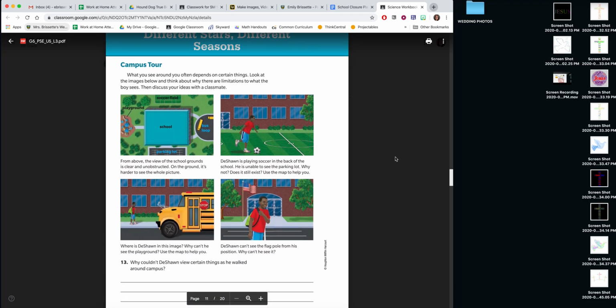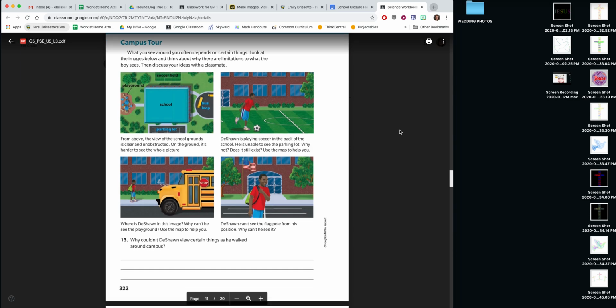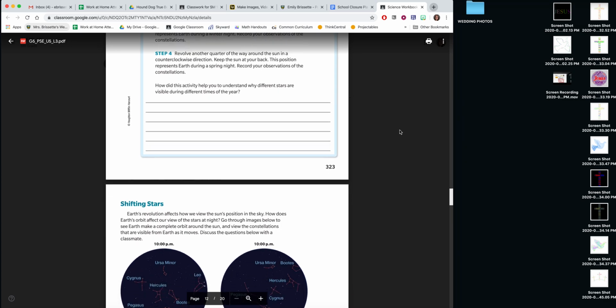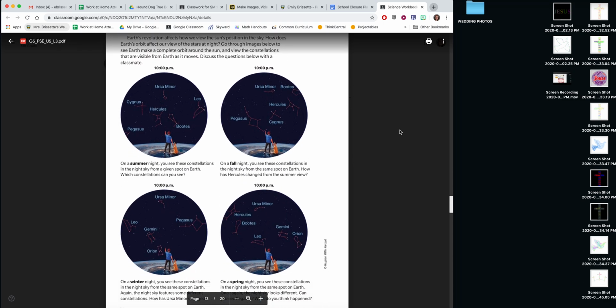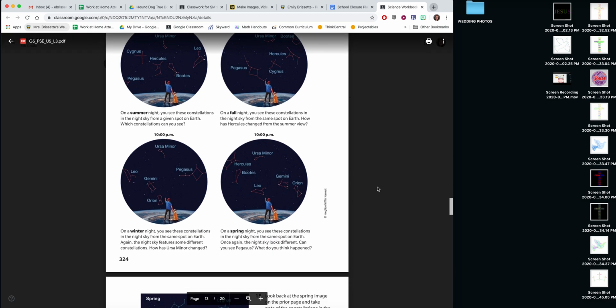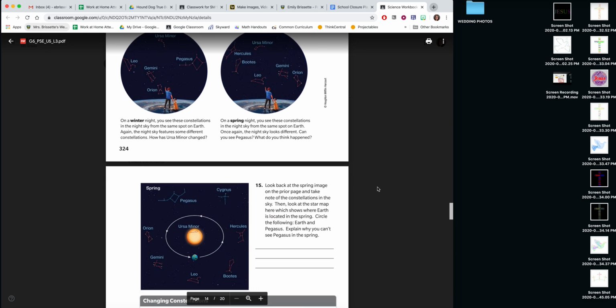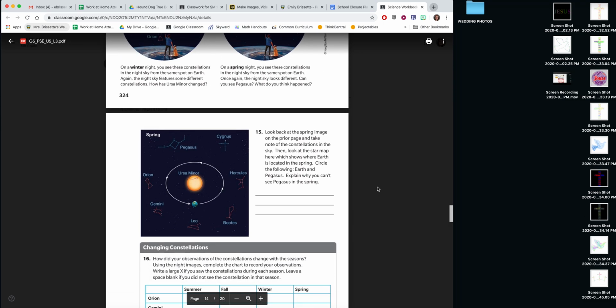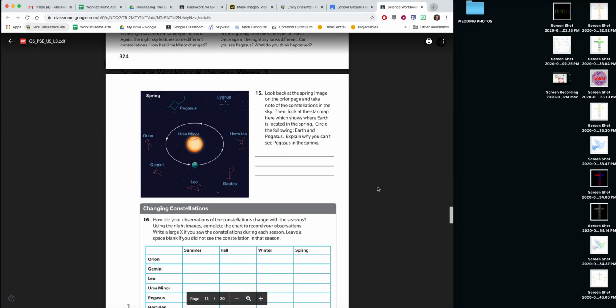So this is just an analogy getting you into the topic of how stars move as the Earth is revolving around the sun. And this is a page you can skip, 323. And then we're going to be looking a little bit at how, through the different seasons, the constellations shift in the night sky. We looked at constellations when we did the steam shuttle last fall. So if you're interested in space and constellations, you can check out how they move in